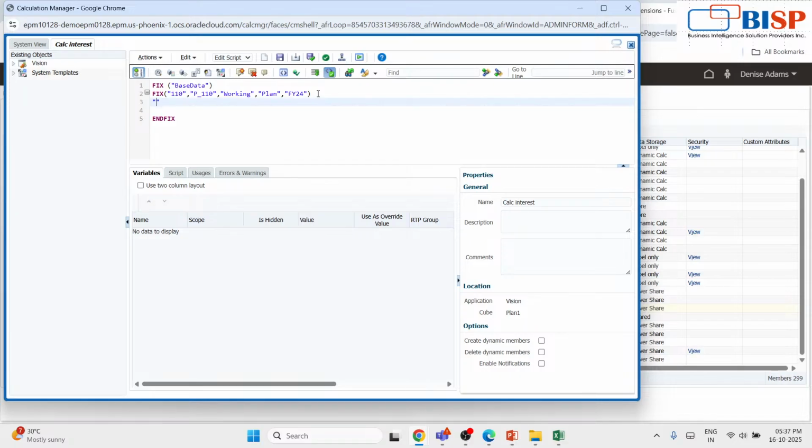And the same way we will also select interest equals to